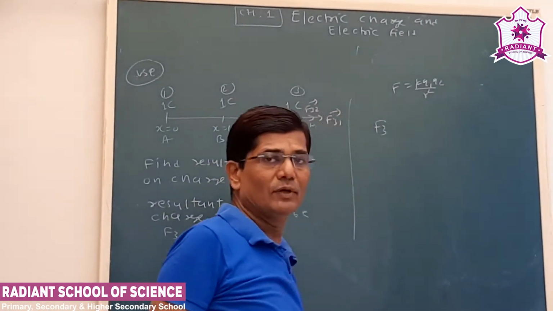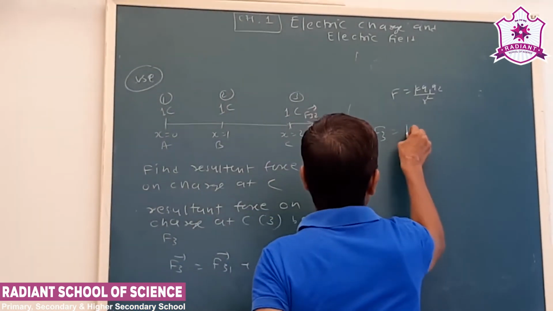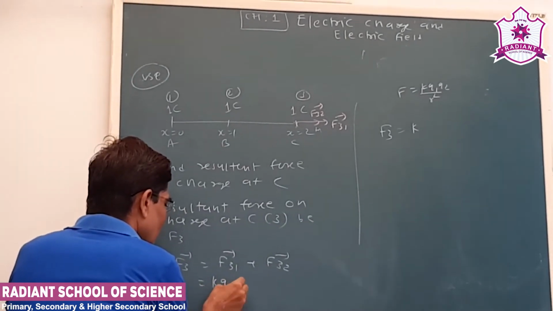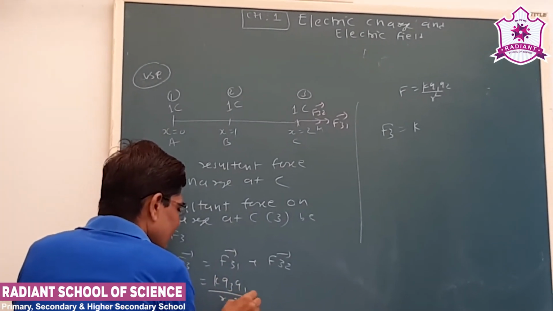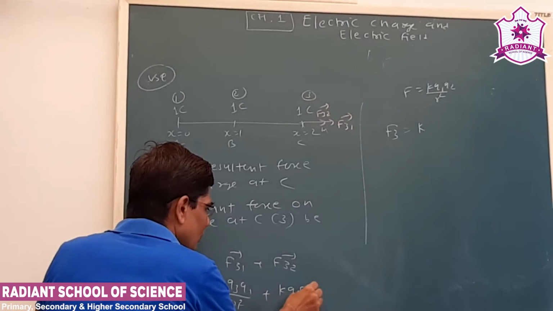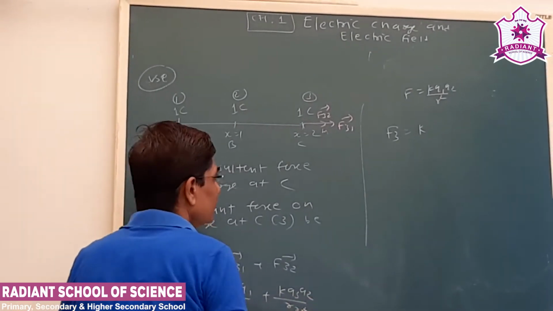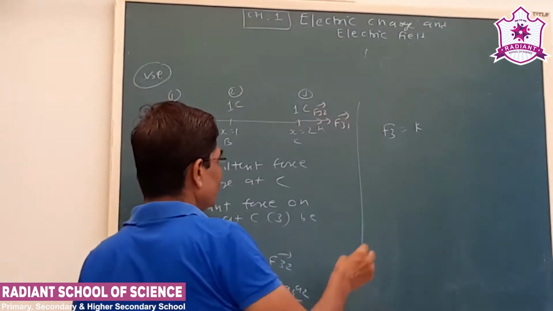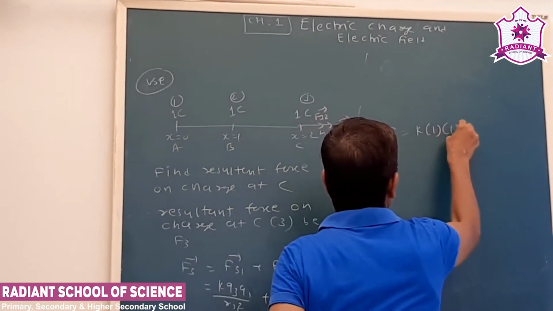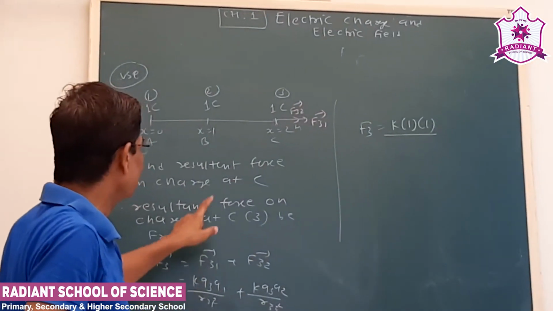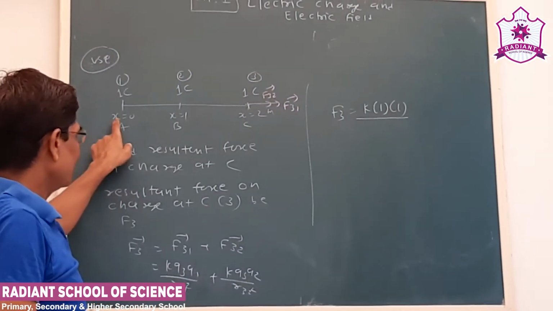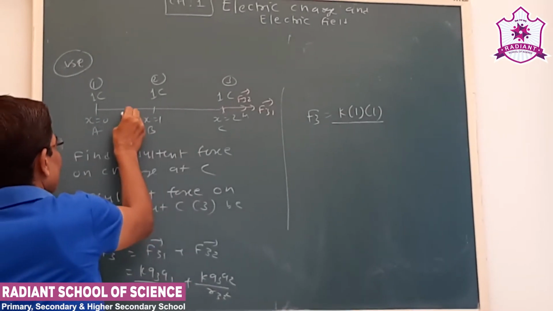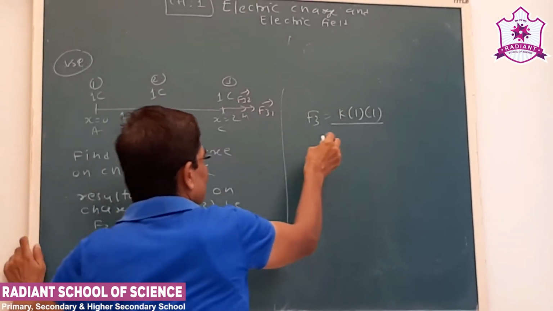That is a scalar form of the formula. Now see the force F3 is KQ3Q1 upon R31 square plus KQ3Q2 upon R32 square. Okay, now we write the values of Q3 and Q1. Now what is the distance between C and A? That is the third charge and the first charge. We can see each one is separated by 1 meter, so the total distance will be...